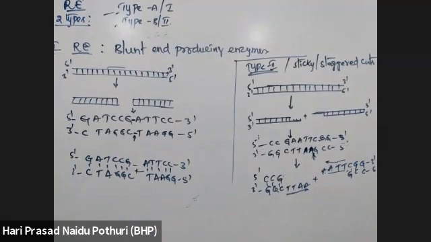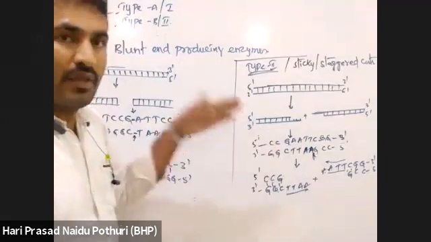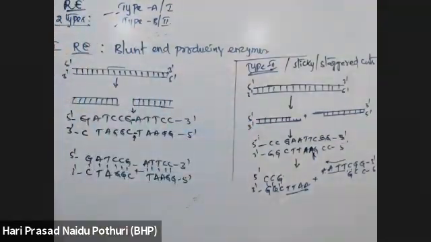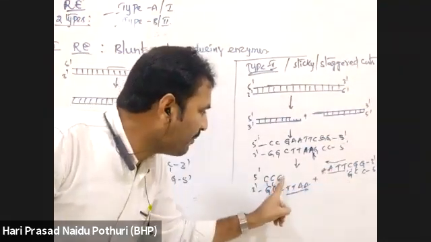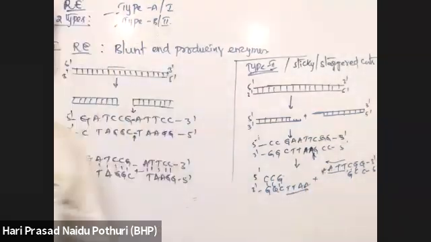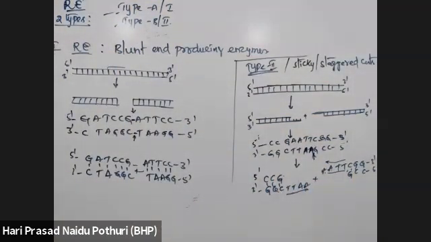If more GC pairs are present in DNA, it needs more temperature to break those triple bonds when compared to DNA with more AT pairs. Yes or no? So we can separate the DNA fragments by increasing the temperature, and fragments which have complementary sequences can be joined again by decreasing the temperature. And by decreasing the temperature, these can join, and DNA ligase can seal the gap between this G and A and this A and G. So type 2 restriction enzymes are more useful.